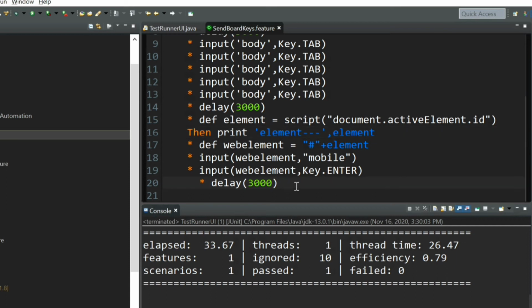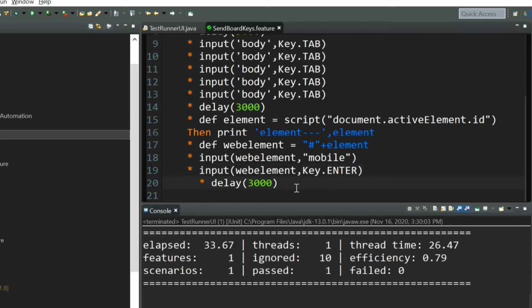Now in the same video, I would like to discuss one more thing, how to get the attribute of the focused element in a UI in the web. And to get the attribute of any web element, we have a function attribute of, and again it accepts two arguments. One is web element path and next one is the attribute name.